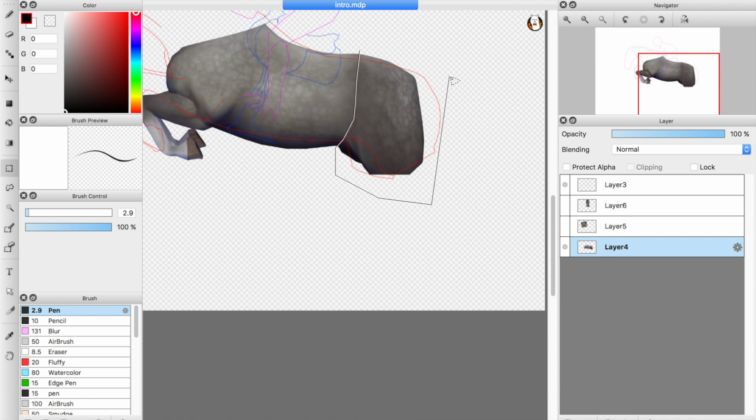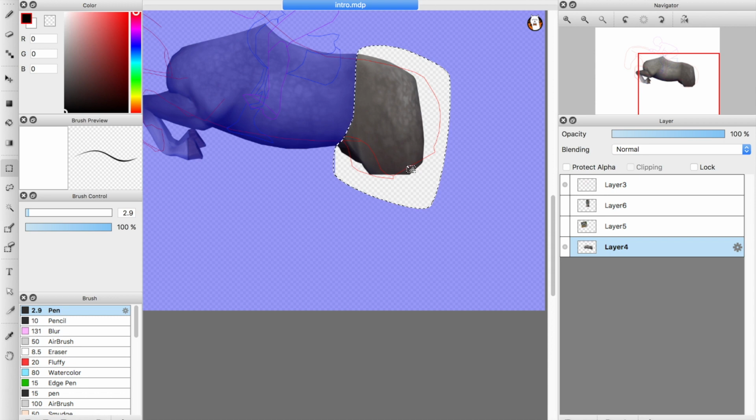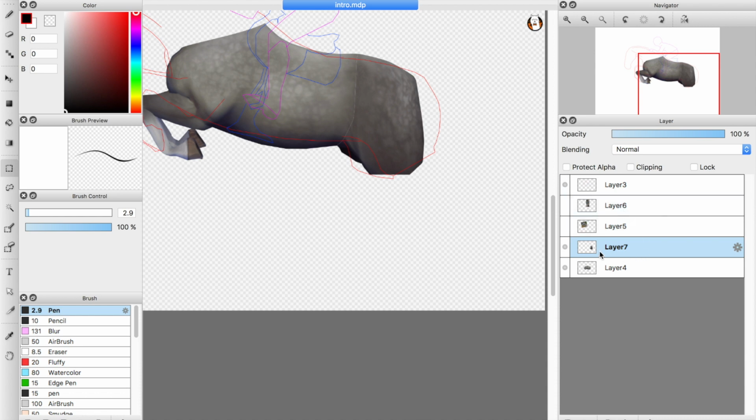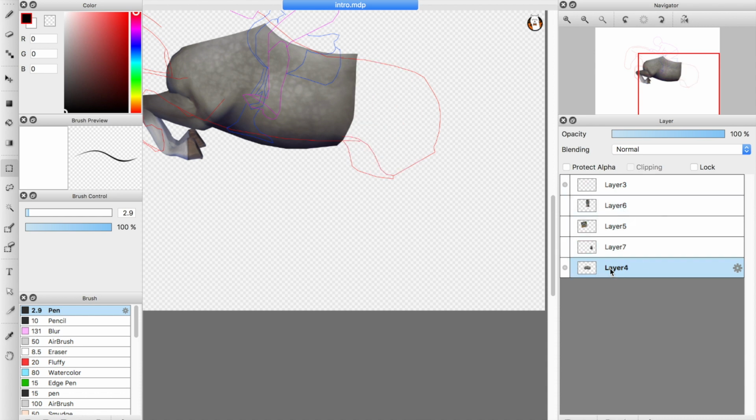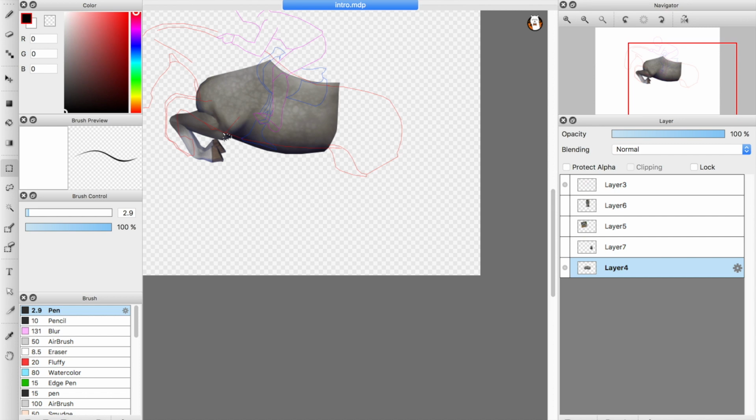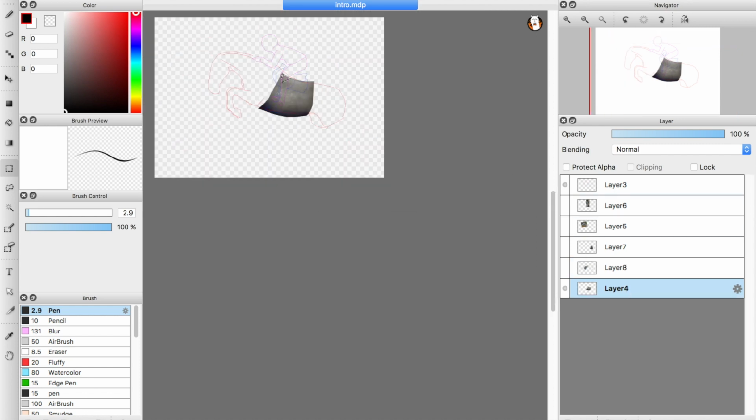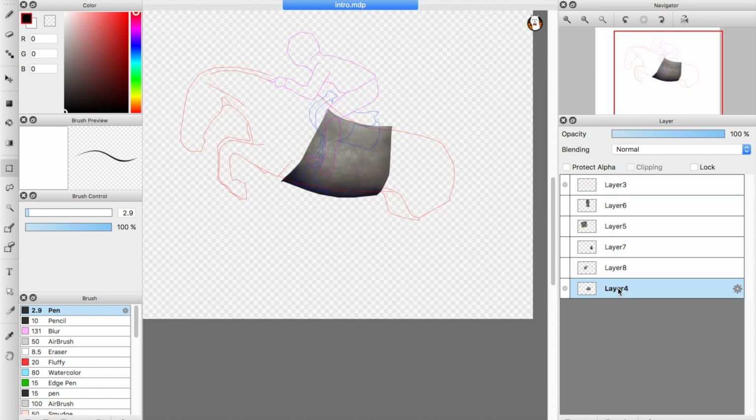So I'm just going ahead and editing that out, and I select it again, press Command X, which cuts it from that layer, then Command V to paste it, and it'll be pasted on another layer. And I'm going to go ahead and hide that, and then make sure I'm back on the original layer. And now I go back to layer 4. You can name your layers too if you double click and be like